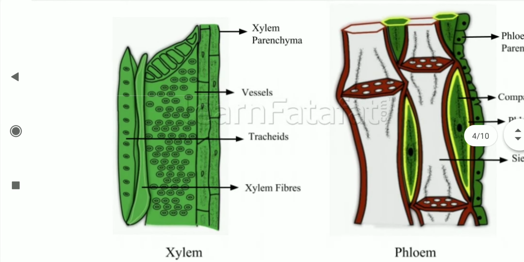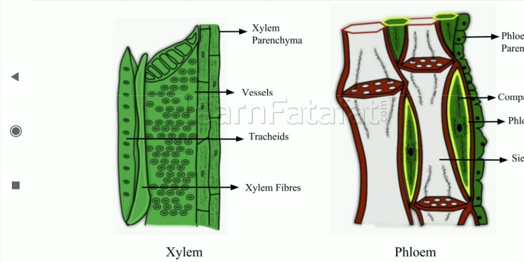Now children, is this clear? Lignified means deposition of lignin. What is the meaning of lignified? Deposition of lignin. Second is vessels. The cells of vessels are placed one upon the other, and their end walls are either absent or possess perforation. Perforation means holes. Is this clear? The second one is what? Vessels. In vessels, the perforation is there, it helps in conduction.